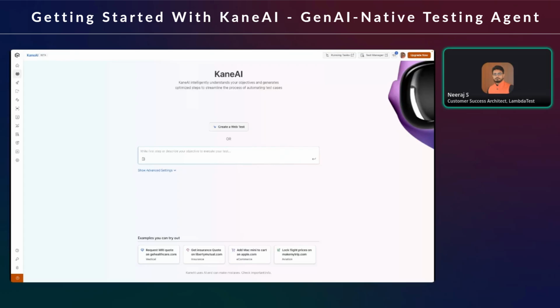KaneAI is a software testing agent that helps you author and write your test cases, and that too in just plain natural language. So the test plan that I was just talking about, that you write and create and pass over to any of your automation engineers, KaneAI will now empower these automation engineers, or maybe become the helping hand for